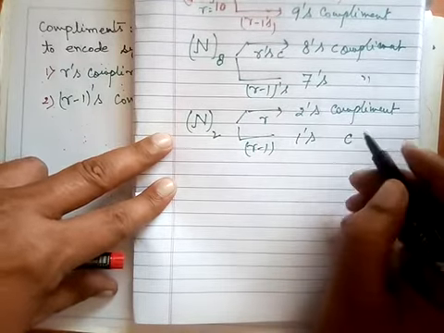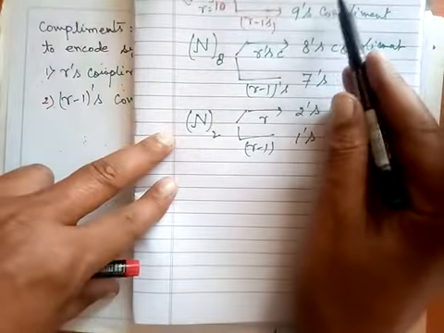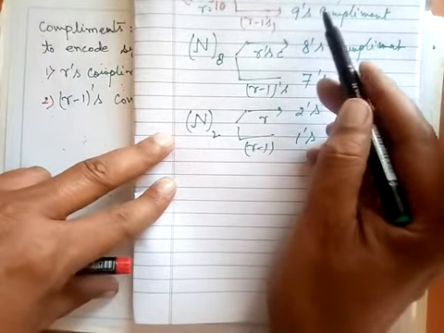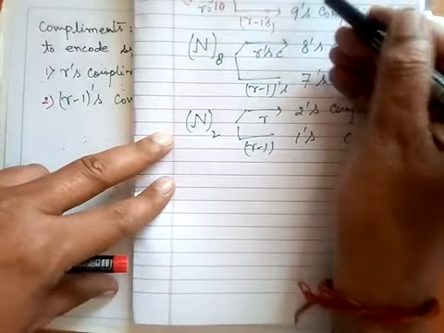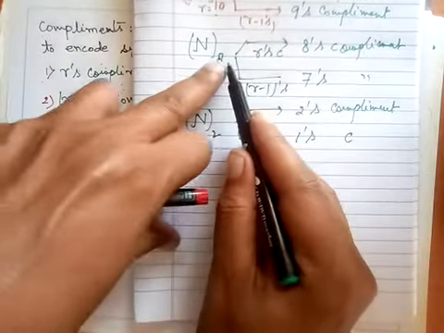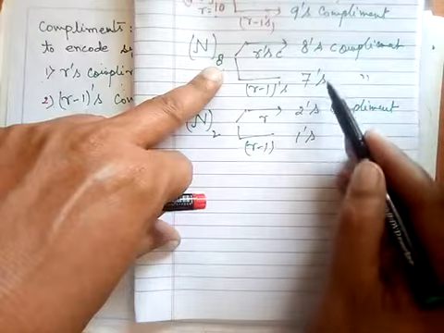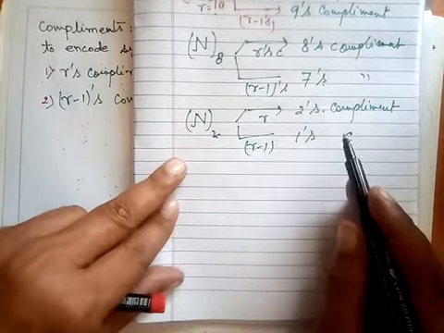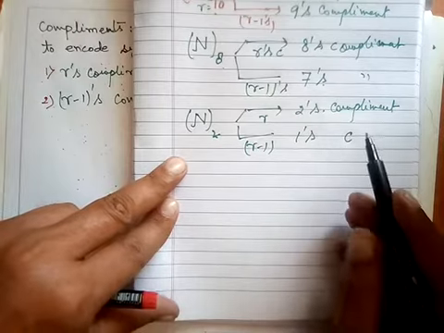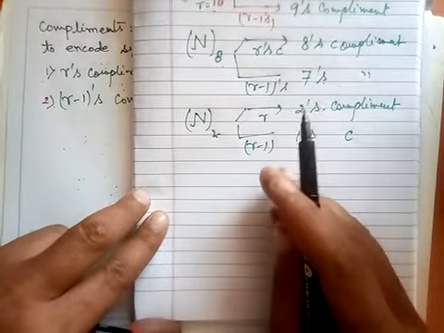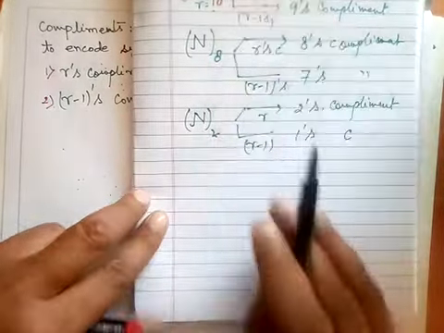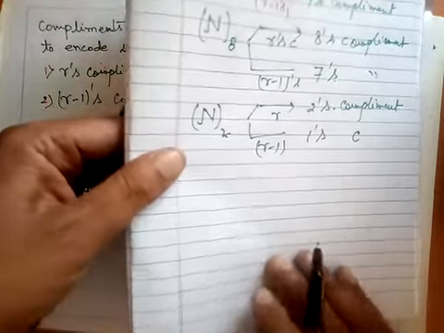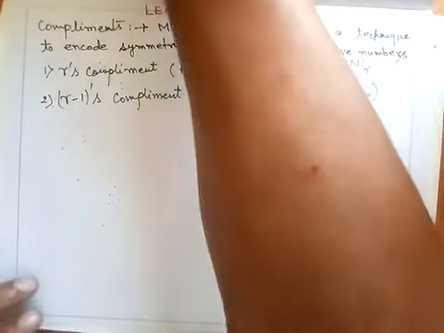I hope that for every base there is an r's complement, which is called the radix complement, and the diminished radix complement means it has been diminished by 1. For base 10, there are the 10's complement and 9's complement. With base 8, the 8's complement and 7's complement. With base 2, the 2's complement and 1's complement. A hexadecimal number with base 16 will have the 16's complement and 15's complement, or for an arbitrary base r, the r's complement and r minus 1's complement. I hope the classification of these complements is clear to you.